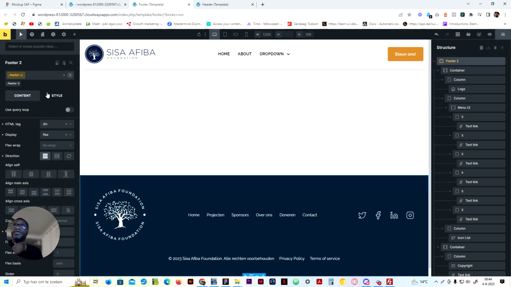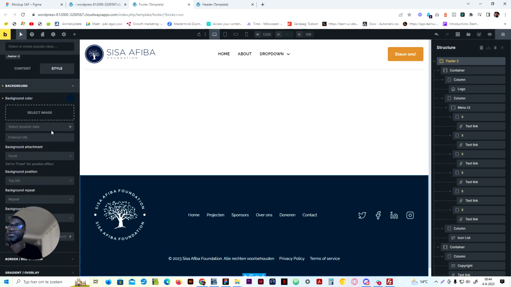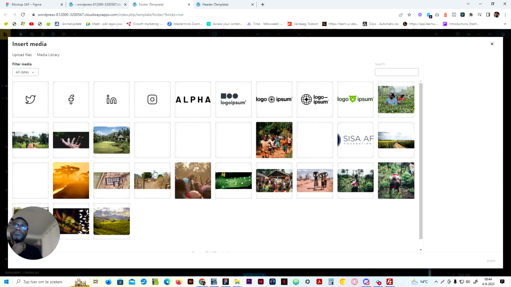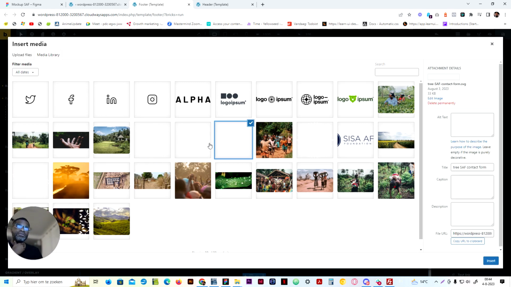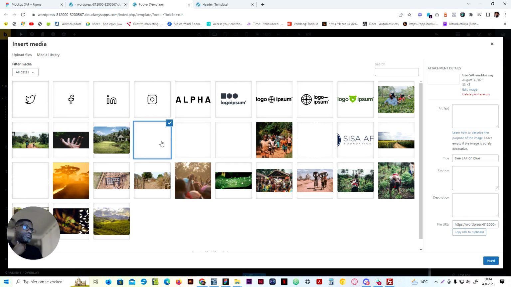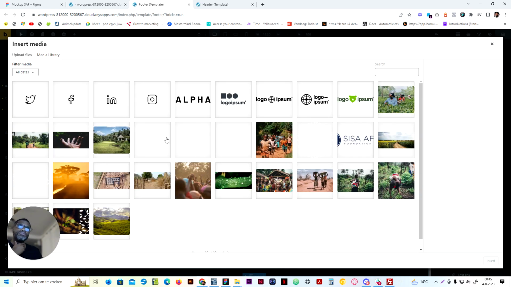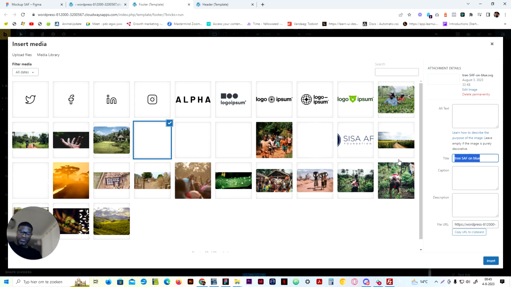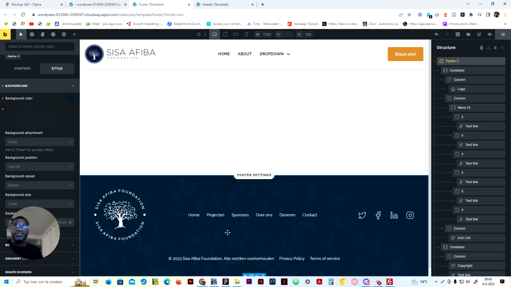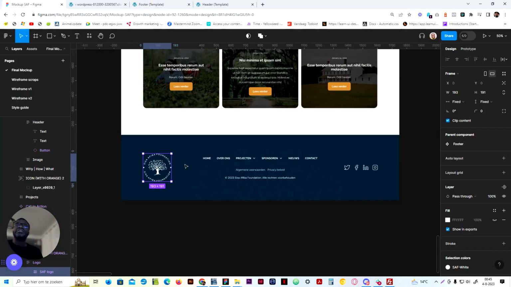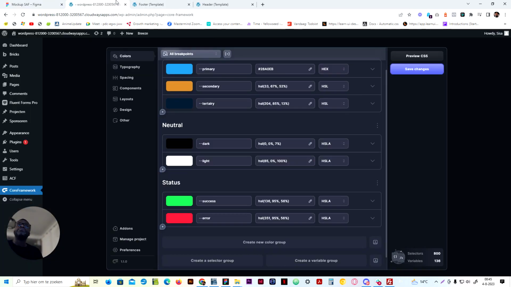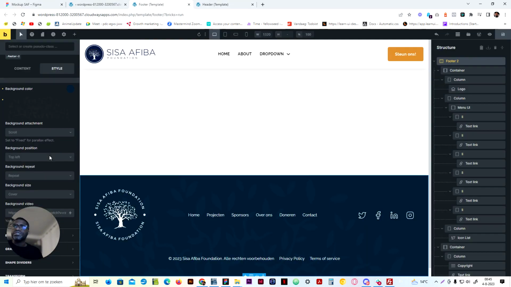I need a background. Let me set a background. Select image. What do I call it? Page on news. I think it was this one. Page on blue. Let's add alt text. And in the design, it's in the middle. So I'll set this to